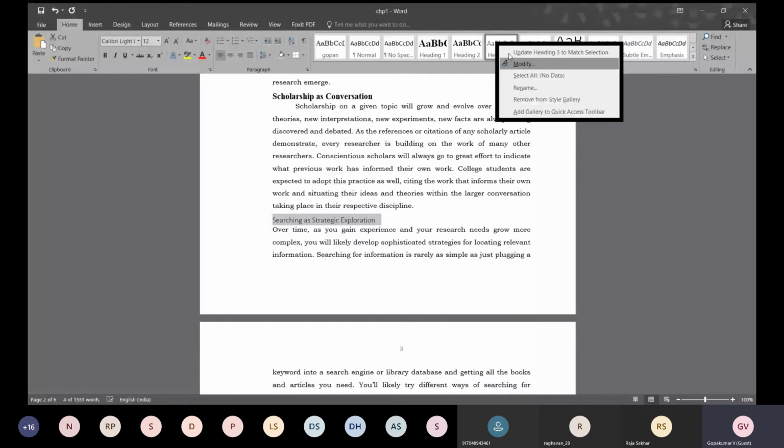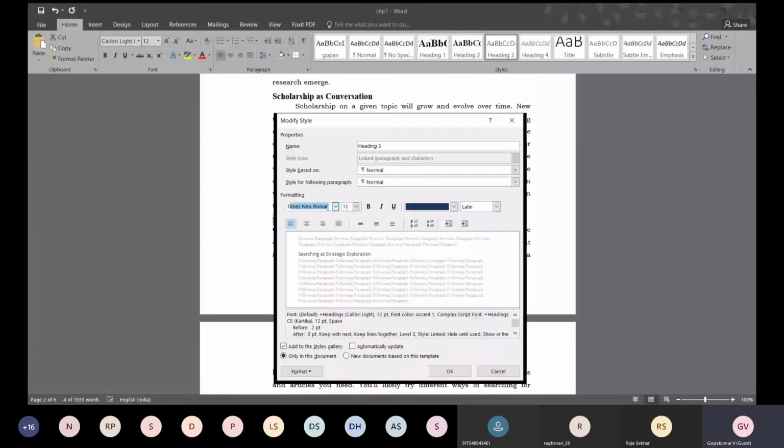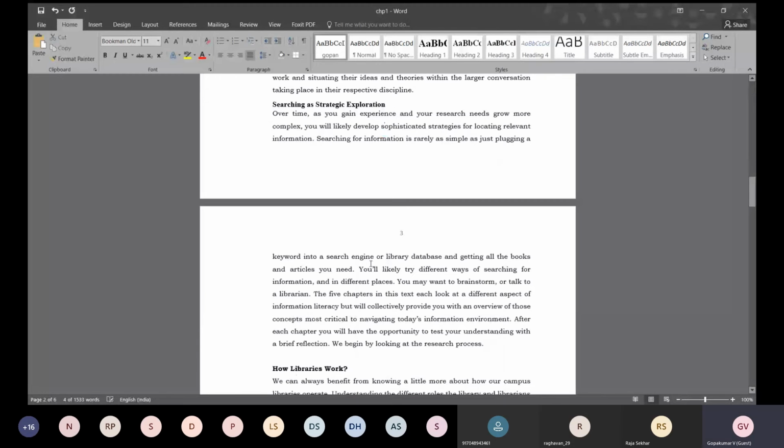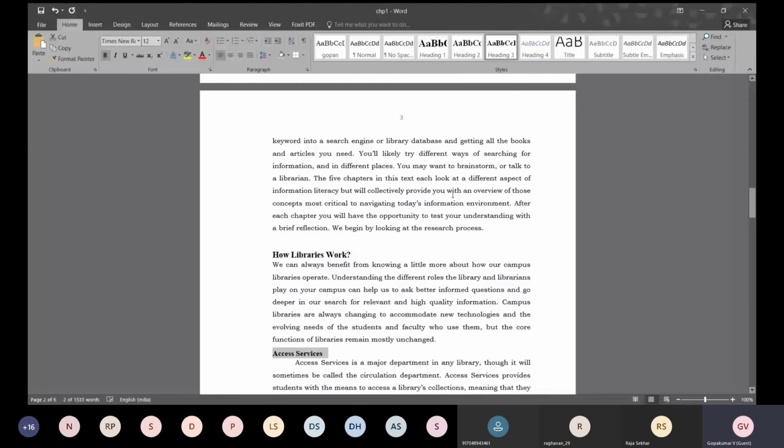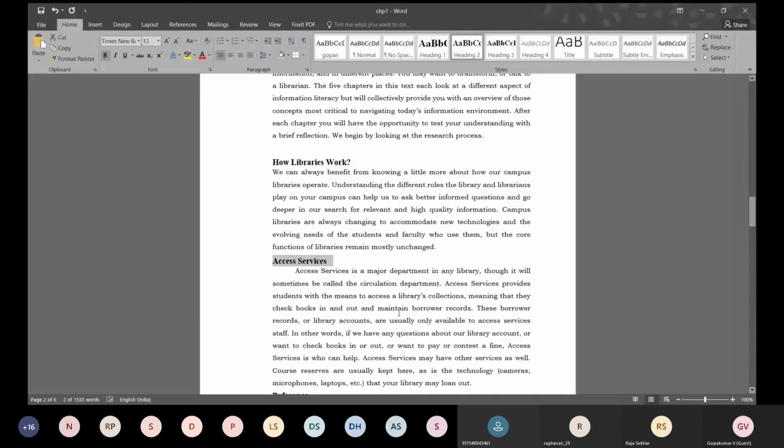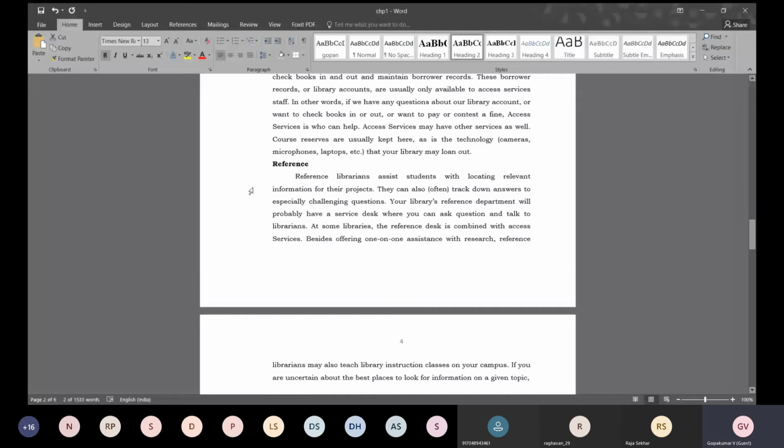You need to do it once only. And then 12, bold and black color. Click OK. So it is there, and this is my second level heading. So done with.